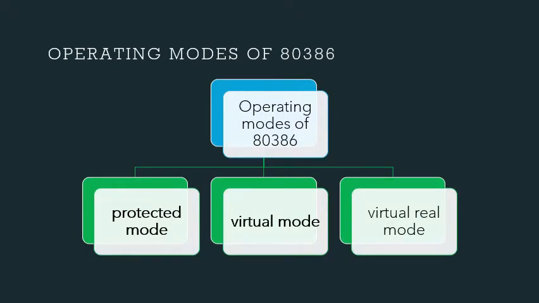We have already discussed in our previous video lecture on 80286 that 80286 supports two operating modes. The first is real addressing mode while the second is the protected virtual addressing mode. However, 80386 supports three operating modes: real, protected and virtual real mode. Of the two modes of 80286 microprocessor, initially the 80286 was booted in real mode.